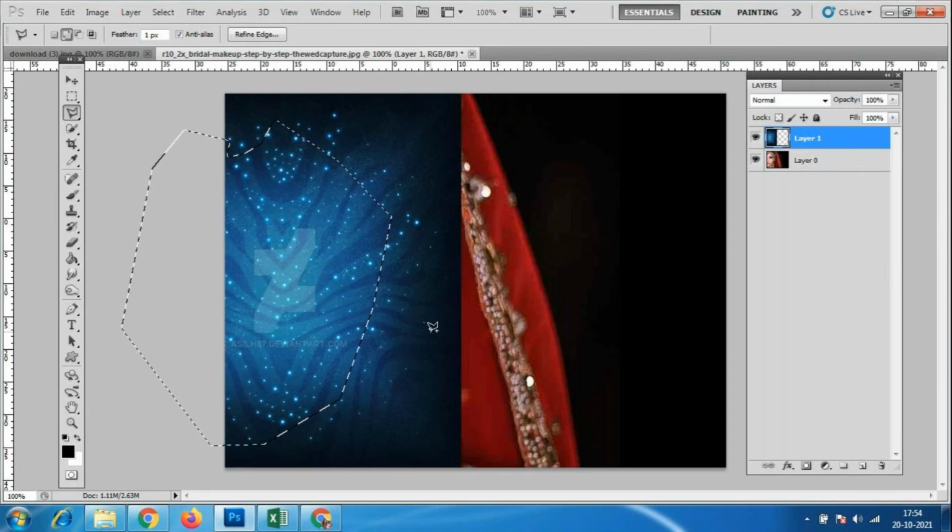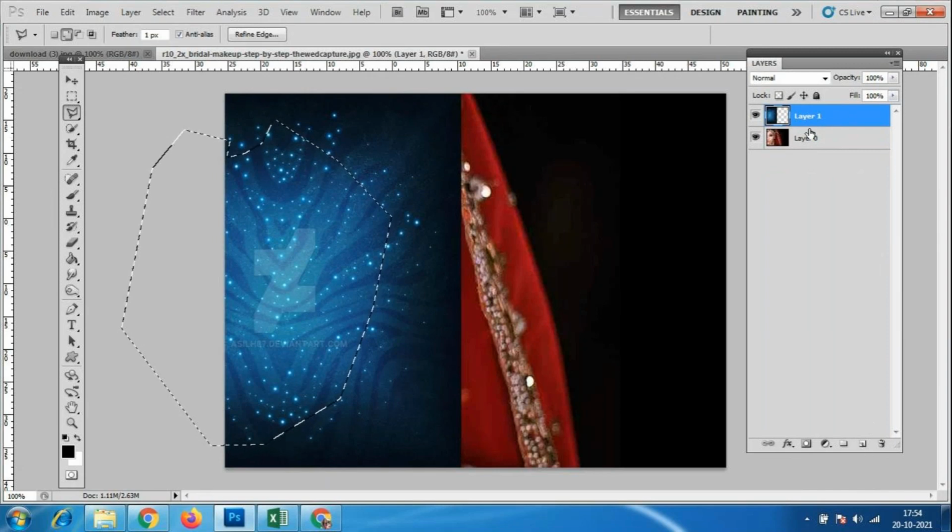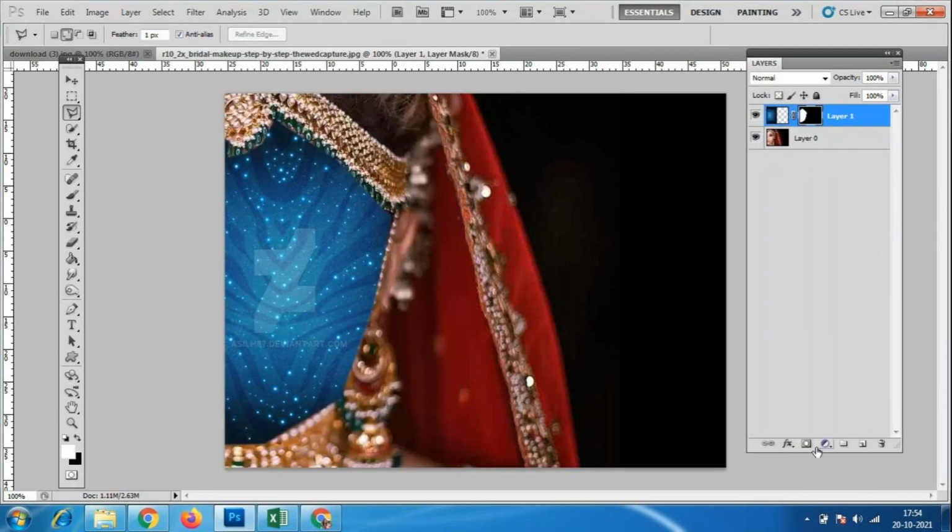I'll mask it like this, and no need to do anything else. You have to select the face first, and on top of it the texture layer should be there. First this bridal face is here, and here we have the texture layer. Layer 0, layer 1, I'm using only two layers here. We select the face in layer 0, and in layer 1 we use the masking option.